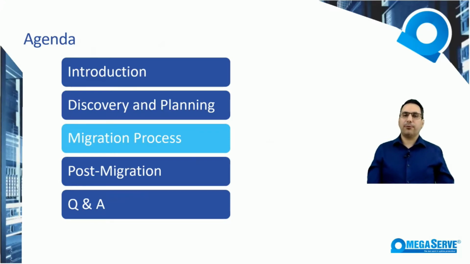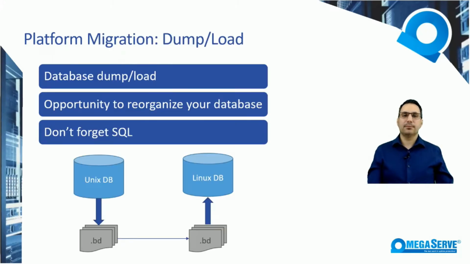All right, next we're going to look at the migration process. So when we're doing a platform migration, if we're going to move from Unix to Linux, we need to do a database dump and load. And when we do this, part of validation is validating the record count, whether it's been a success or a failure, among other things that are involved. But basically, dump and loading means dumping the database files into